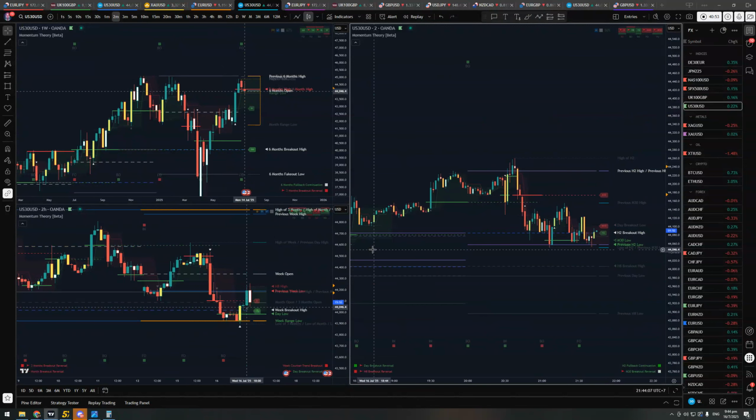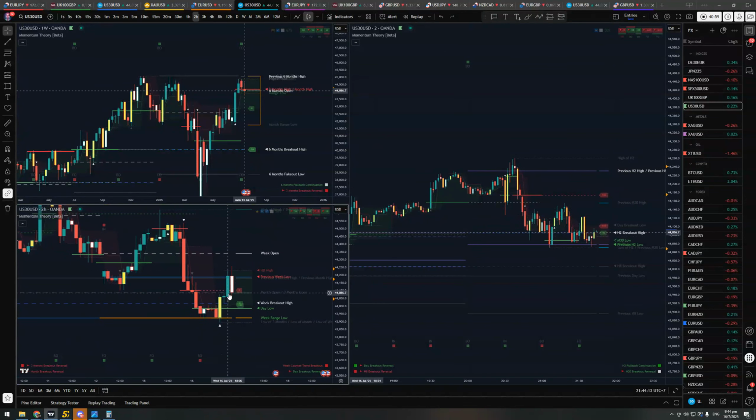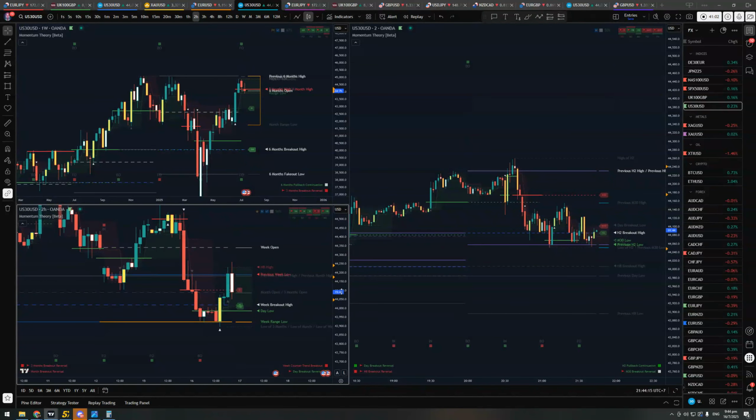Okay, so we're 15 minutes away until the new H2 bar. I can see that the H2 bar has faked out the high, faked out the low. I think it's very unlikely that in the next 15 minutes this is going to close in a breakout. And so